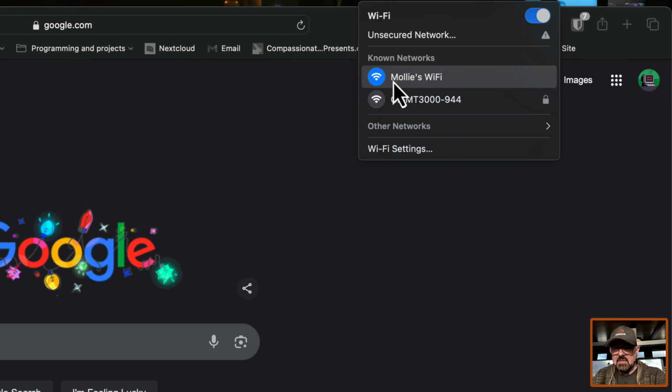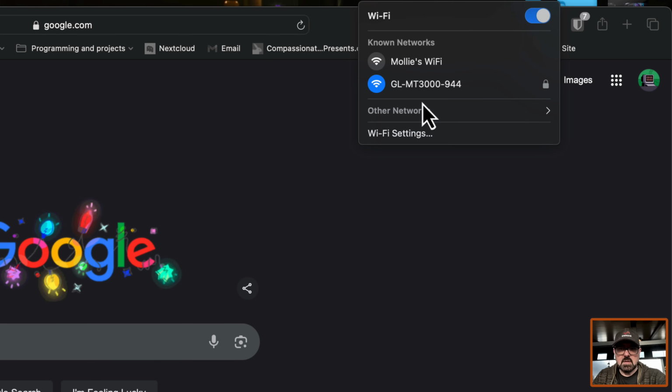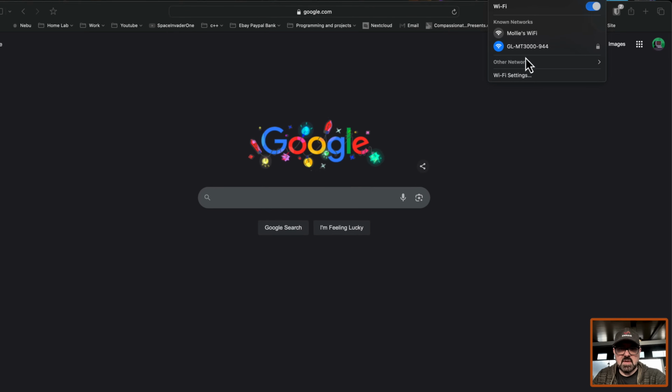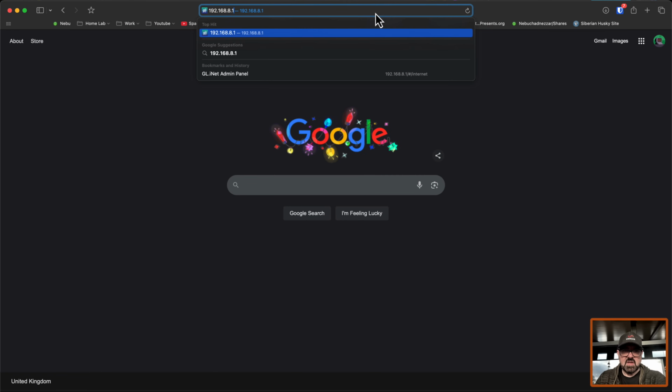So we can see here is the public Wi-Fi, which is Molly's Wi-Fi. And we can see now the GL-MT3000, which is the Beryl Wi-Fi router. So I'm going to connect onto that now. Now, obviously, the Wi-Fi password is on the back of the router. So we just need to pop in the IP address, which is